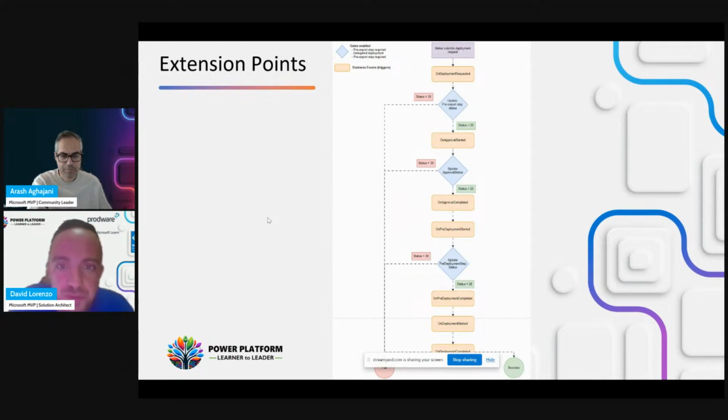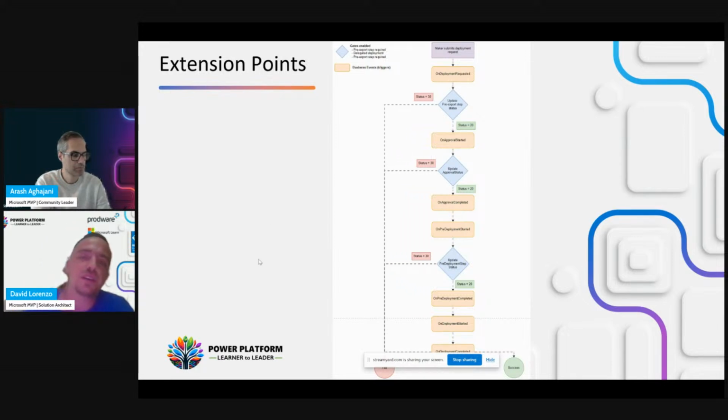So we can capture these events, and we can decide if we continue the deployment, so we have to update the status to 20, or if we stop the deployment in this step, in which case we send a status of 30.